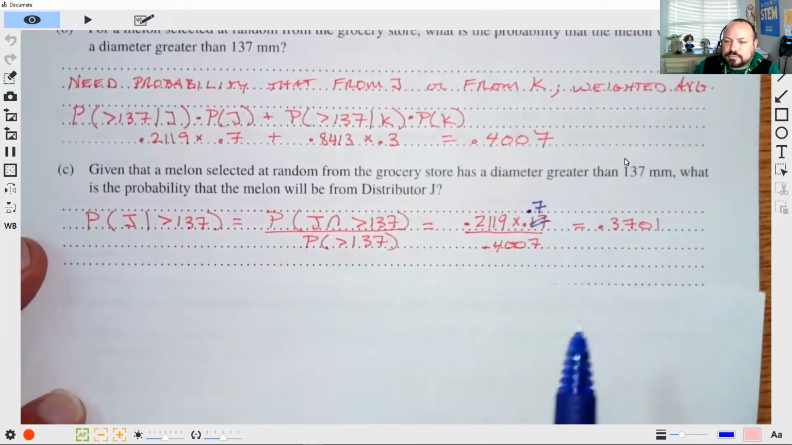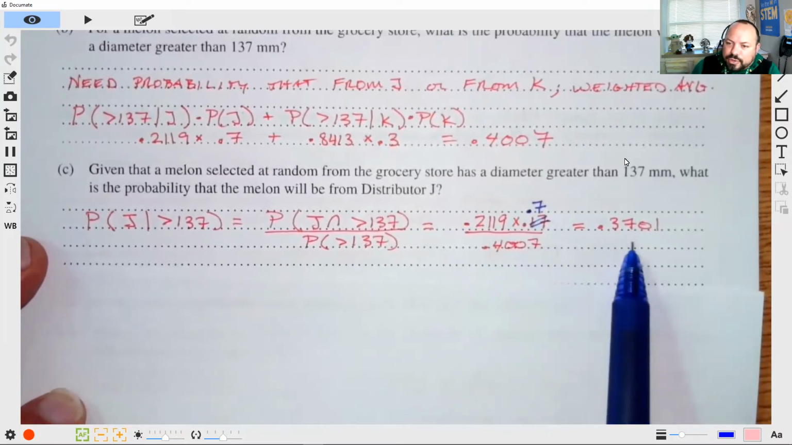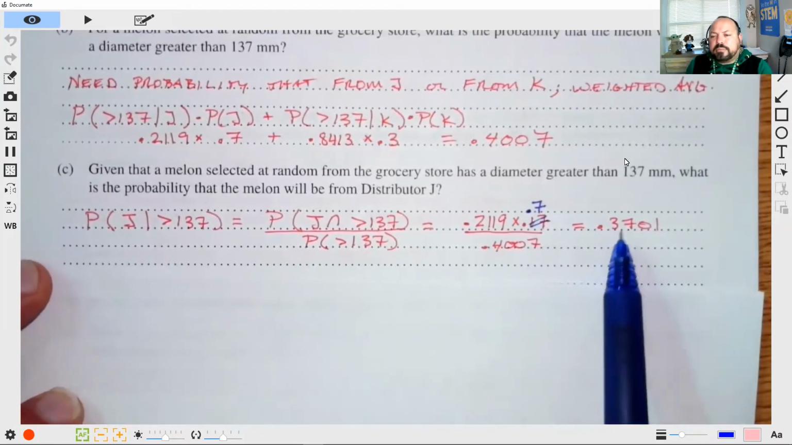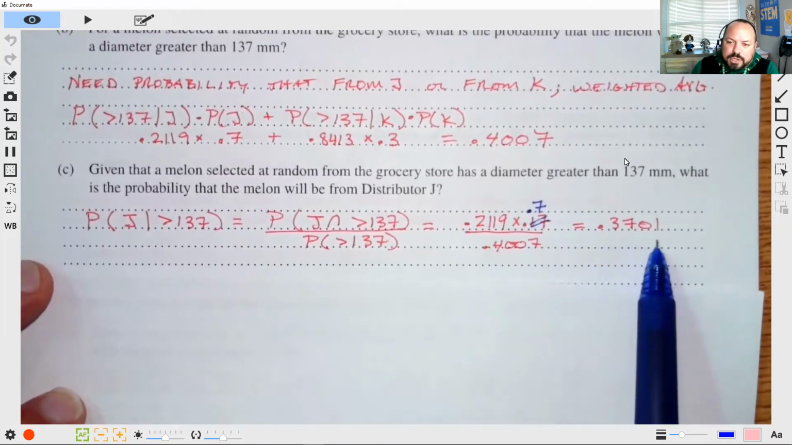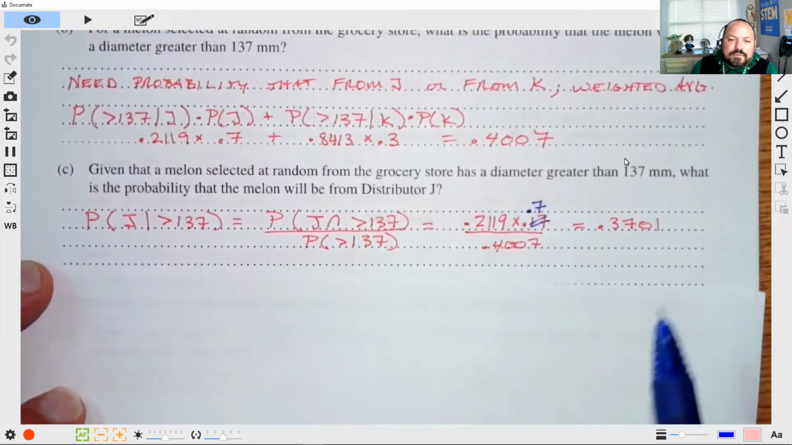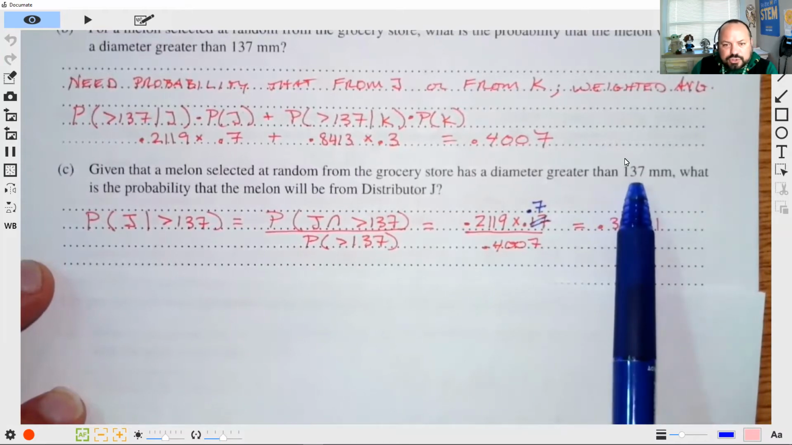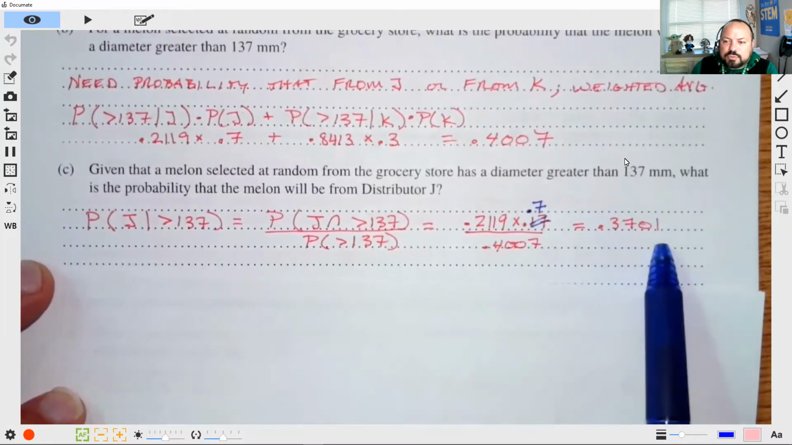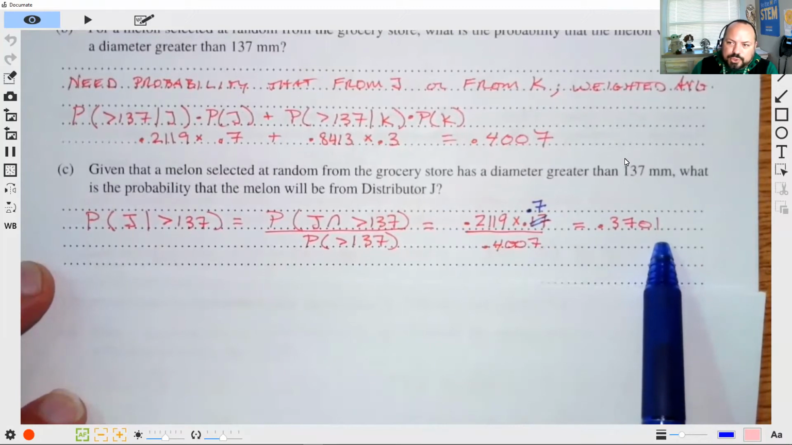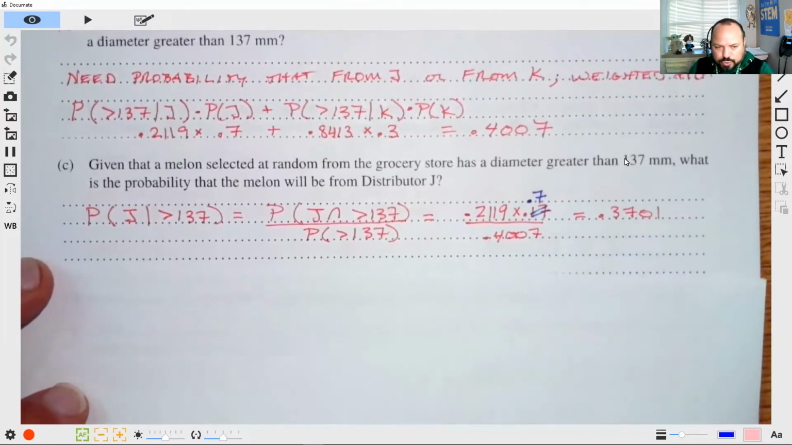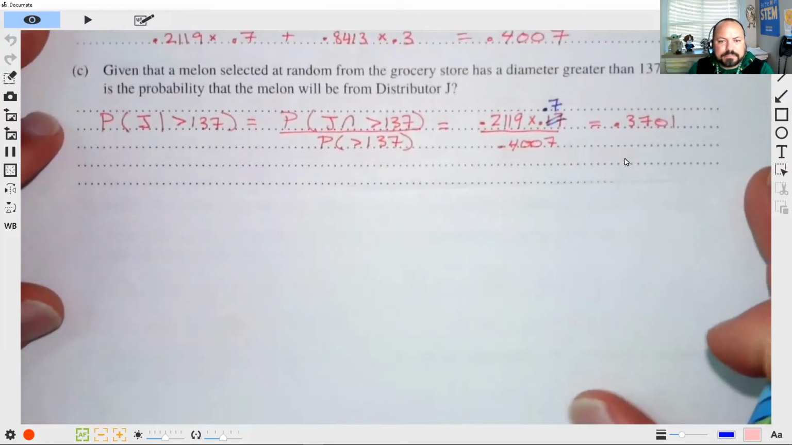Right? And if I go through, I find out that this probability is 0.3701. So it is not uncommon to come from distributor J, but it would be much more common that it came from distributor K, even though K only represents 30% of the melons in the grocery store. Now,